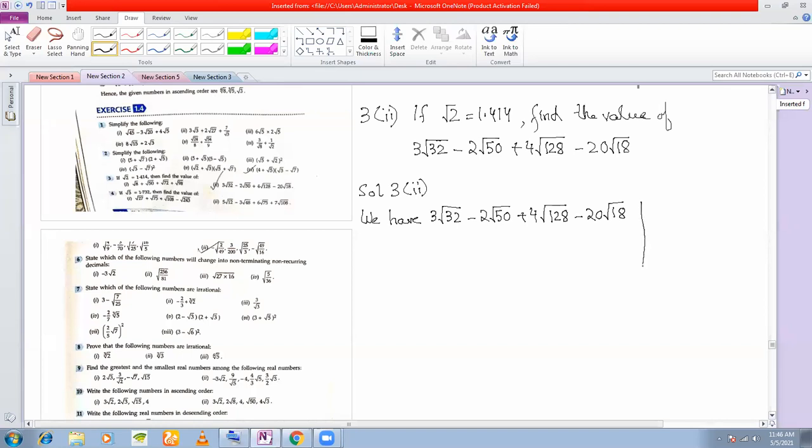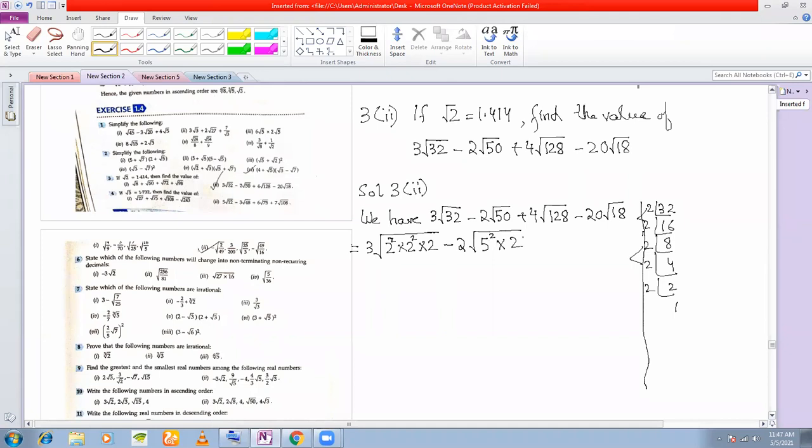Okay, so let's start in the rough. We're going to prime factorize. 32 is 2 to the power of 5. So this is 2 square, and you have a 2 square, and you have a single 2. So you can write this as 3 square root of 2 square into 2 square into 2, because it is a square root, that is why we are writing in terms of square. Minus 2 times, similarly, 50 can mentally be prime factorized. It is equal to 5 square into 2.